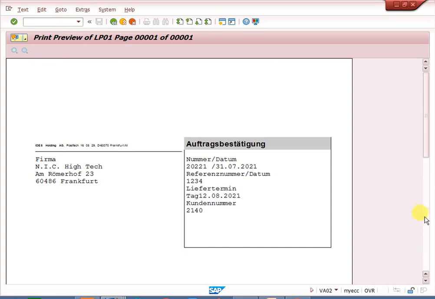In my system there are some problems because it is not coming. Once it comes, you can save it to your system. Colon PDF is not working in my system.